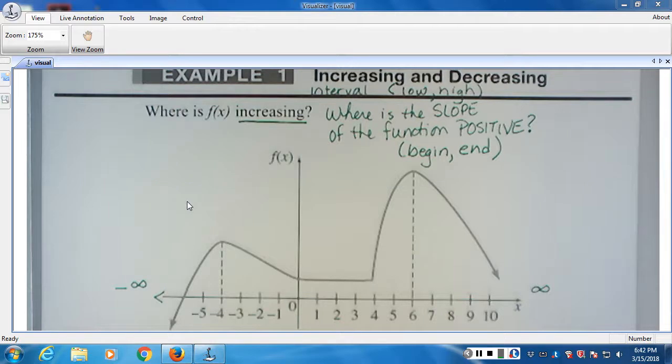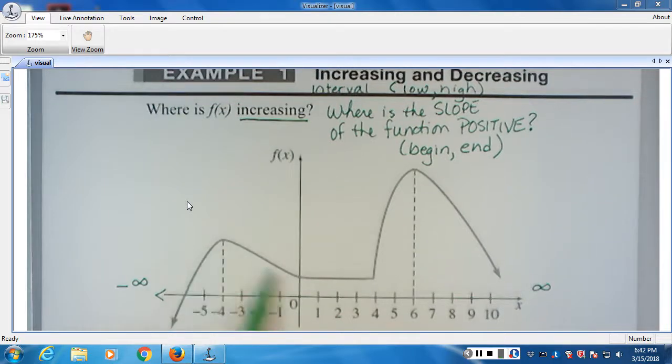So, is this function increasing between -4 and 0? How do you know? Because it's going downhill. Okay? So then where is it increasing? Okay, it is increasing from +4